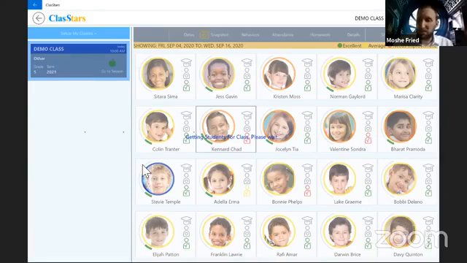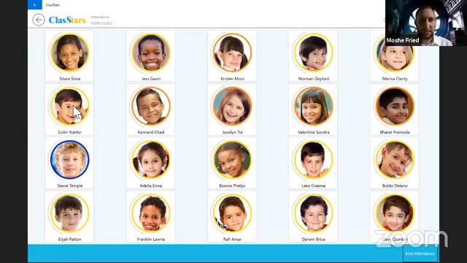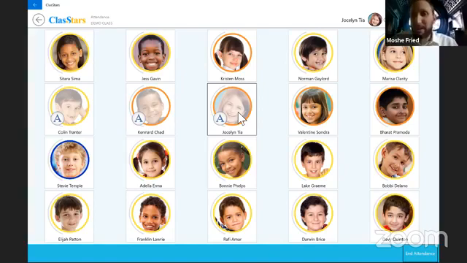We will take attendance as we always do when we start a class. We'll mark a couple of kids absent just for demonstration purposes. So here we go. We got the students coming into class, and let's pick 3 students to be absent, just to keep it simple. We'll take Colin, Kennard, and Jocelyn as absent. Maybe one of them has a chronic absence problem and they're often absent. Again, that would show up in the attendance class-wide dashboard. You would see kids that are absent a lot jump out at you, so they're brought to your attention.